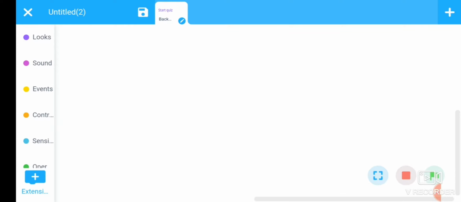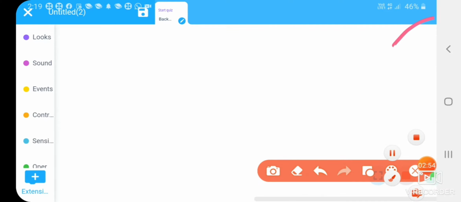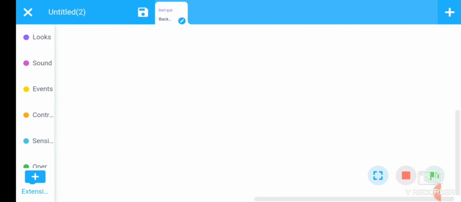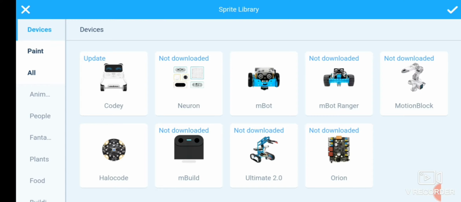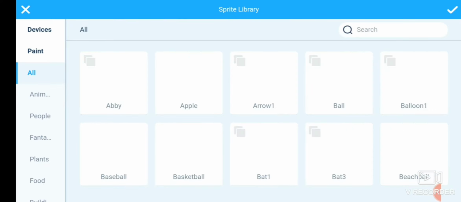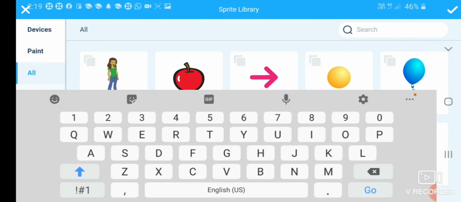Now we will add a start button sprite here. For adding the start button sprite, click on the plus sign. Go to the all option and then you can type here button.